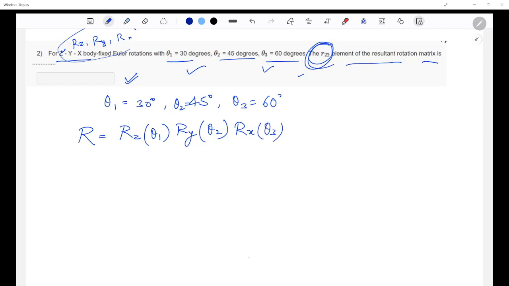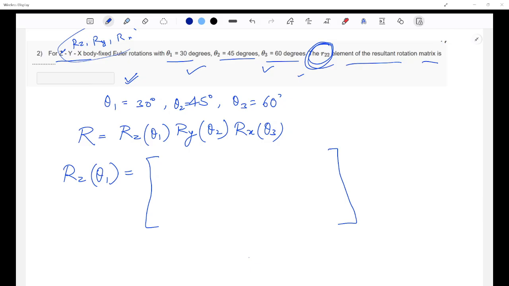Once you know this, can anyone tell me what is the standard rotation matrix about the z-axis? It can always be derived, and I would suggest you look at the derivation. I derived it in one of my earlier courses, which was for advanced robotics, and I'll direct you to that at some point. But before that, can someone tell me what is the rotation matrix about the z-axis? It's very standard and usually we remember it. It's not hard, it's just a combination of sine and cosine.